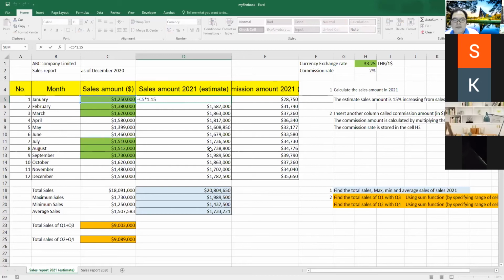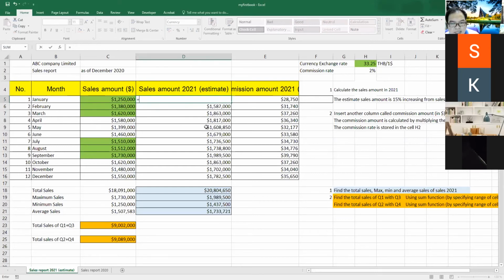In this one, we start with the relative reference. The relative reference means that whenever you would like to refer to any other cells, you just use that cell location as a part of the calculation. For example, in here, if you know that our cell D5 is based on the multiplication of cell C5 by 1.15, the way that we do it is that we type the equal sign, and after that we just refer to